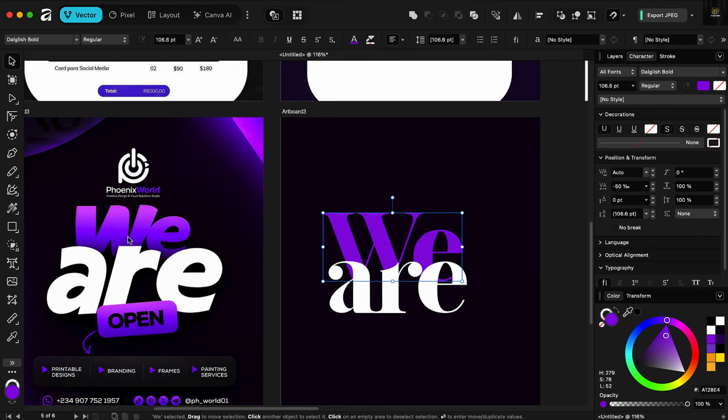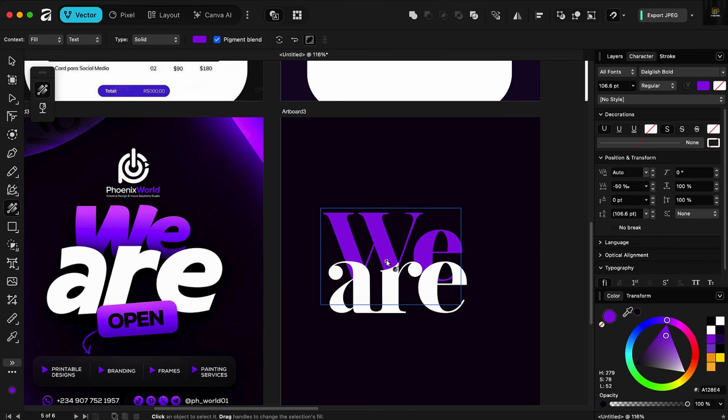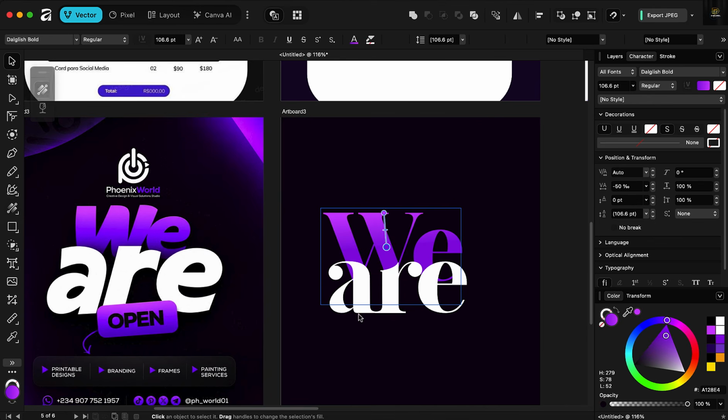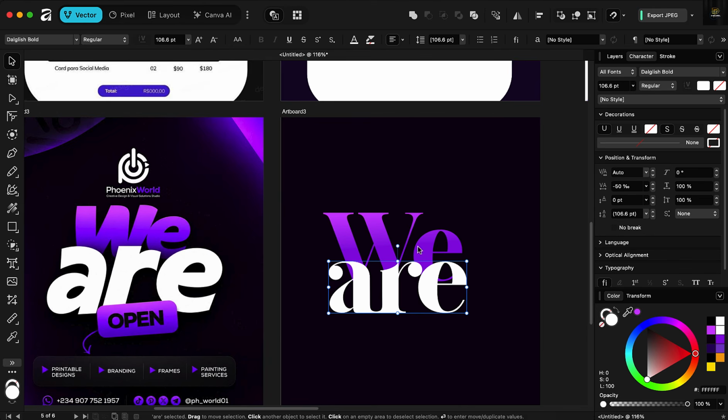Select the WE and click on G for gradient, and do this instead. With this part here, we need to select this color here, and of course move this closer to it. And with this one here,